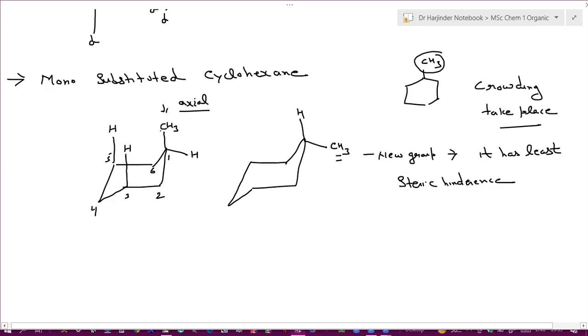These four carbons and this axial bond are perpendicular. The hydrogens at the axial positions on carbon number 3 and carbon number 5 also point in the same direction as this axial bond, and they are parallel. So when the hydrogen on this axial bond is replaced by some bulky group, crowding takes place and there is a diaxial interaction between the group which replaced it and the hydrogens present on carbon number 3 and carbon number 5. Okay, there's a diaxial interaction.